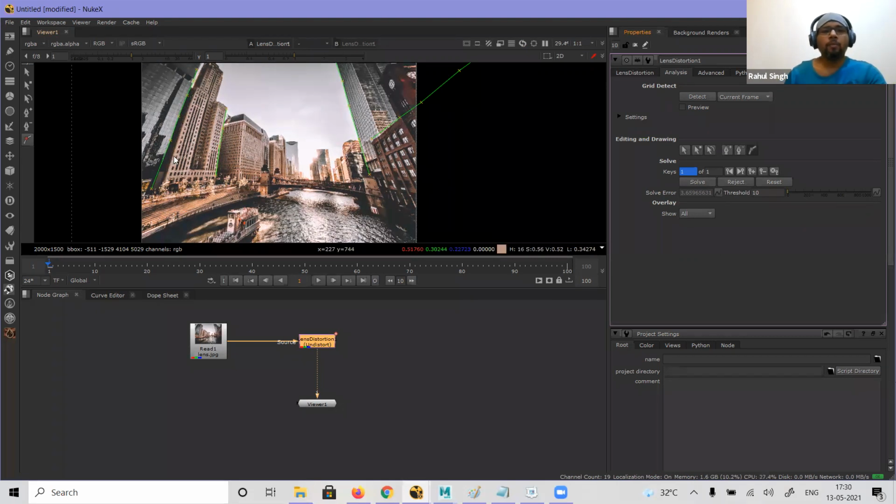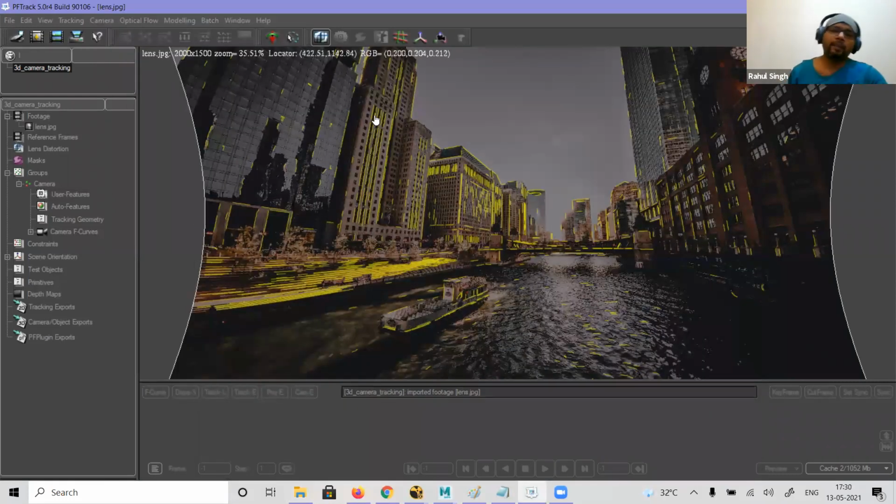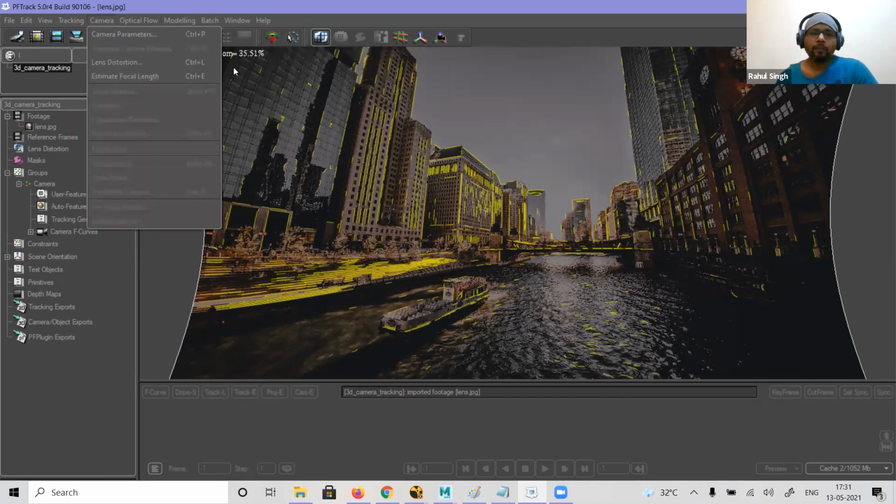So whether you do it this way or the other way, both processes are the same. You will get the straight line and you will get the cropped image. Whichever software you work in, maybe the options are different, but the process is almost the same. Either you can do the automatic process or the manual process. Understood, everyone?